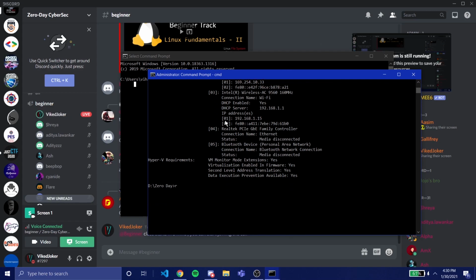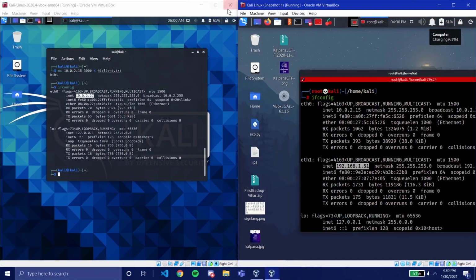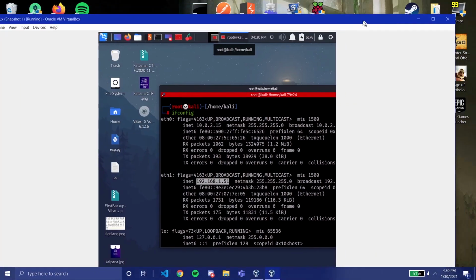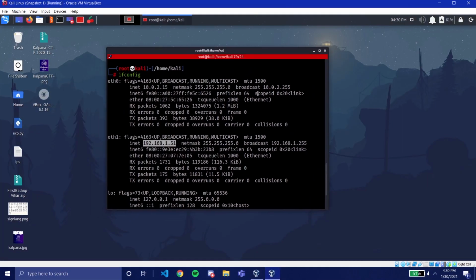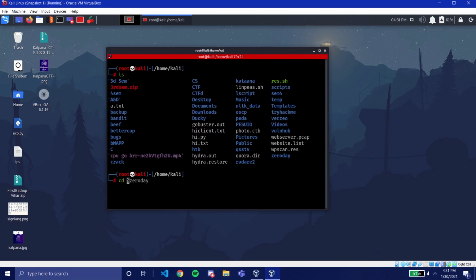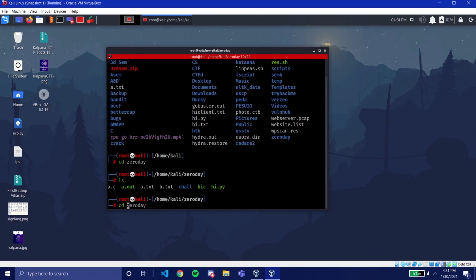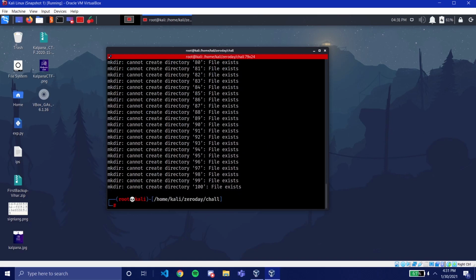Okay, now another way, for example, I want to write a program to automate all this. For example, if you remember in the last class, I automated creating those 100 files for the grep command. Okay, so cls, clear, cd 0-day, cd channel. Yeah, if you remember, I had that with hundreds of files in here. sh, i2.sh.